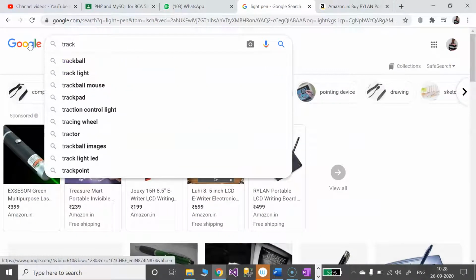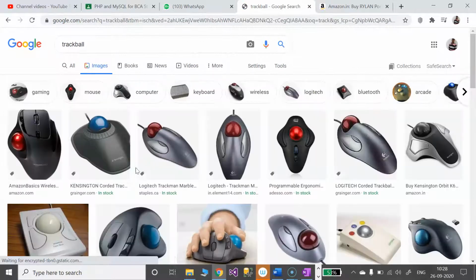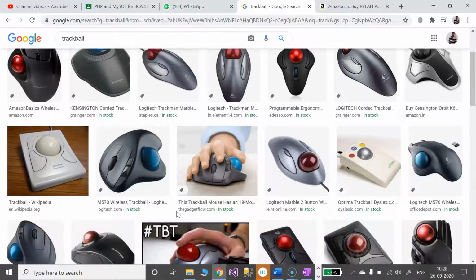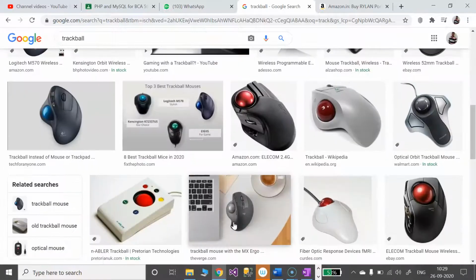See, this is how exactly the trackball looks. Usually we are not using these devices nowadays because our mice are highly sensitive. We can achieve maximum navigation with small mouse movement. That's why trackballs are not used nowadays.